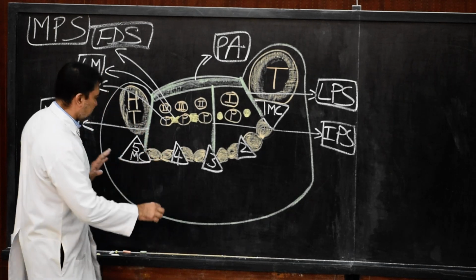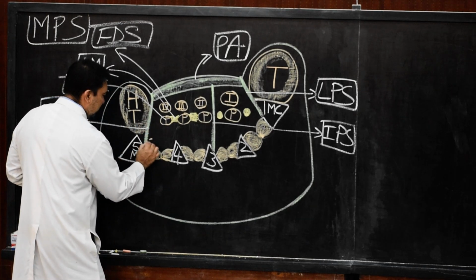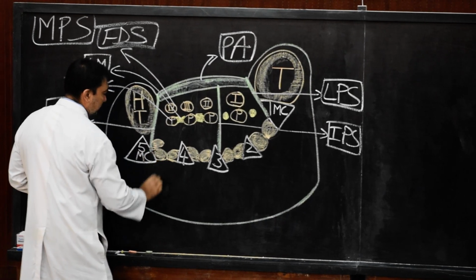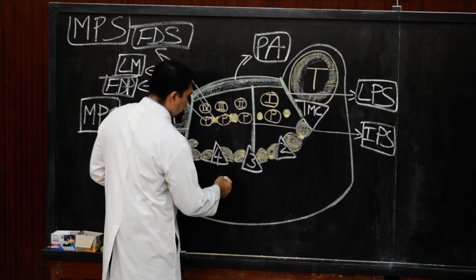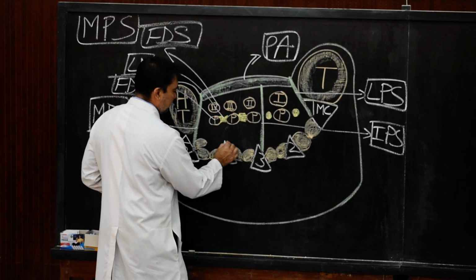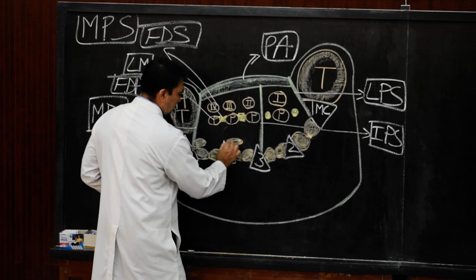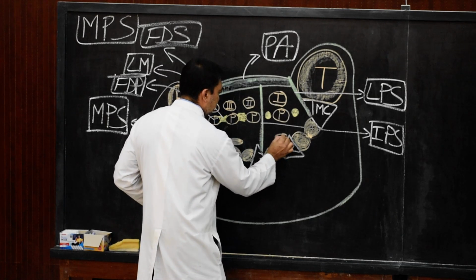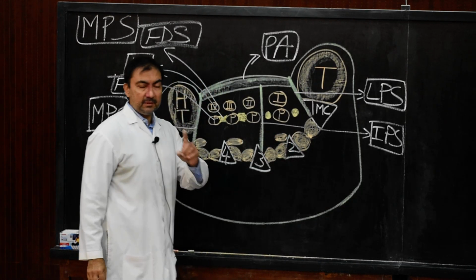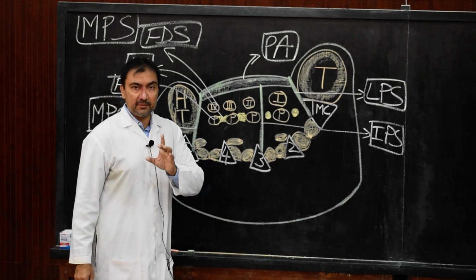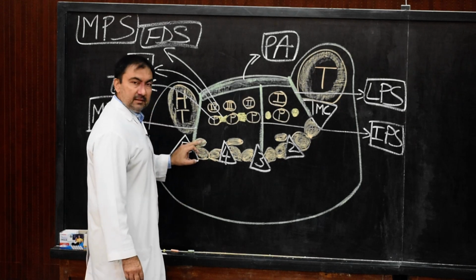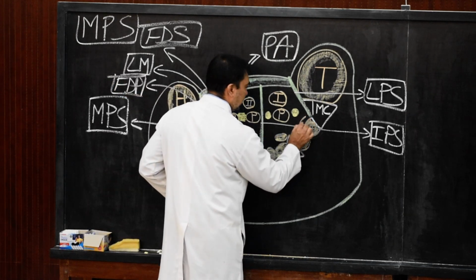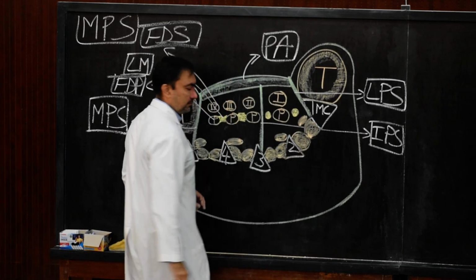Now we show the palmar interossei. Now the palmar interossei, naturally they are unipinnate, so we are showing this as the fourth palmar interosseous. Then over here we show this as the third palmar interosseous. Then over here we show this as the second palmar interosseous. All of them are unipinnate. So this is the fourth one, this is the third one, this is the second, and over here this will be the first one, palmar interossei.